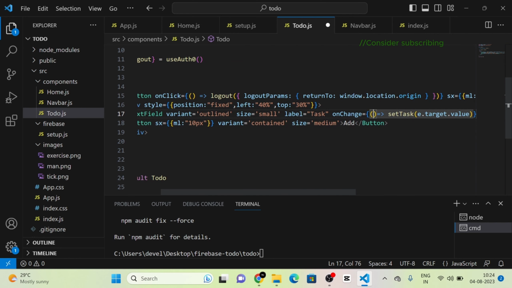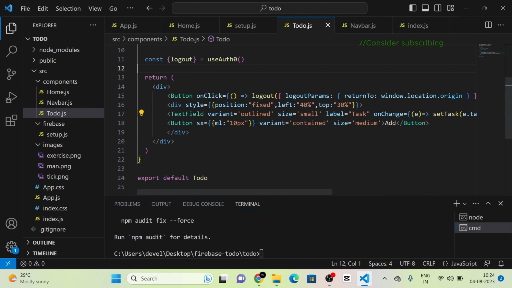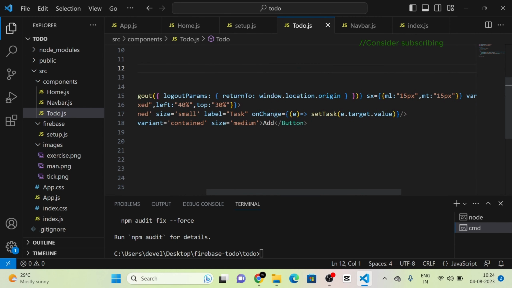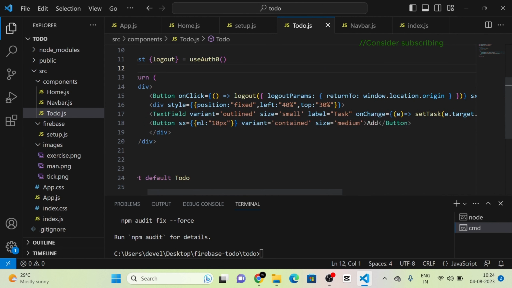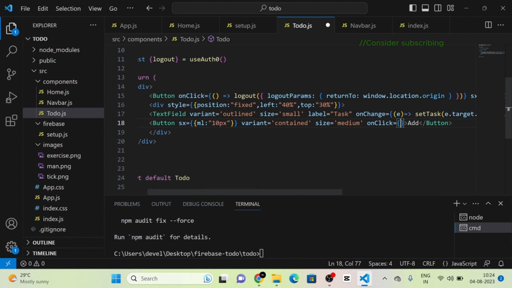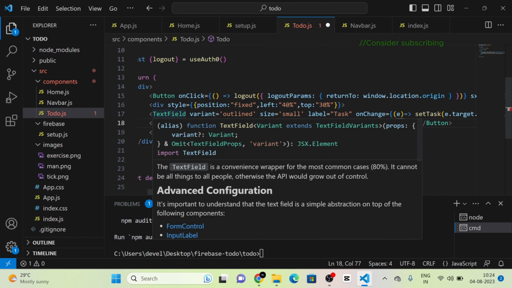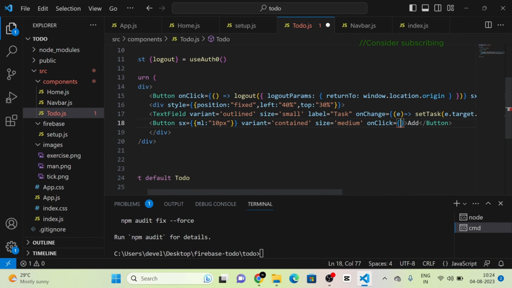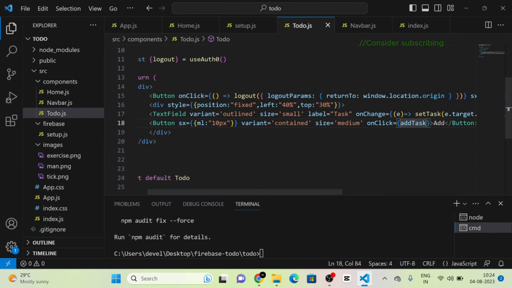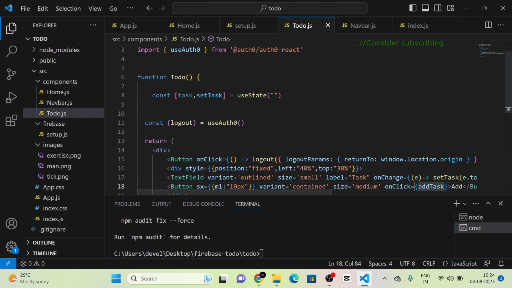Okay, I am giving e here. Okay, so now we have given the set task here in the text field. So next, I'm going to define a function and give it in this on click of this button. So I'm giving add task as the name of the function, and I am going to define